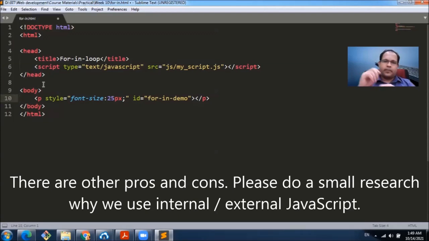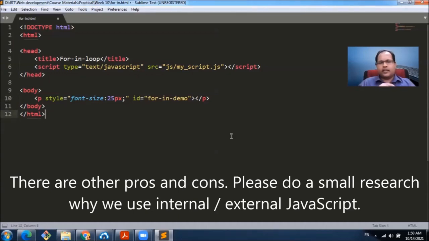For example, the browsers cache these kinds of assets, JavaScript files, and whenever we refresh the page, the browser does not need to go to the server and get the file from the server when we are using a remote server. So the load time would be fast.